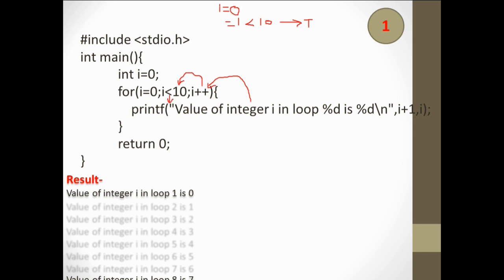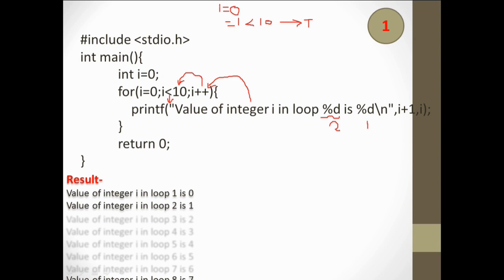It prints I plus 1, which is 2, and the value of I, which is 1. So the next output is value of integer I in loop 2 is 1.